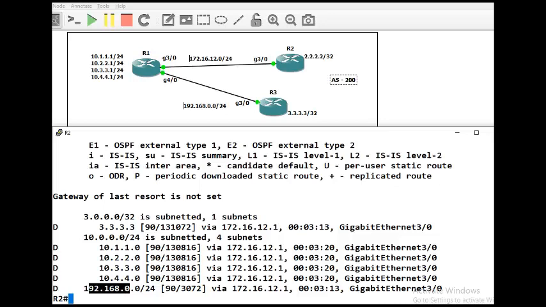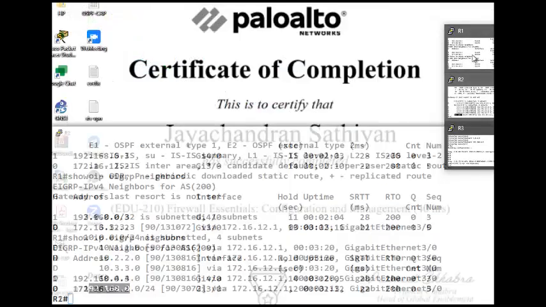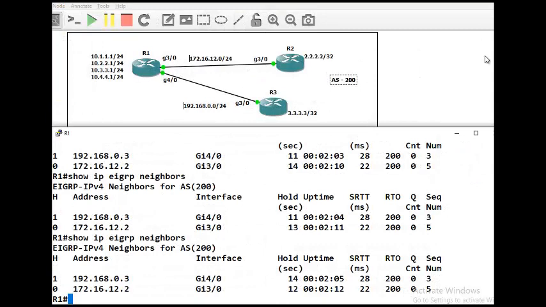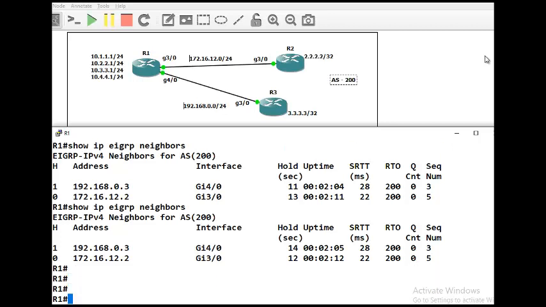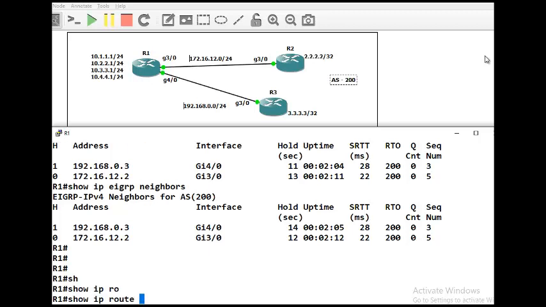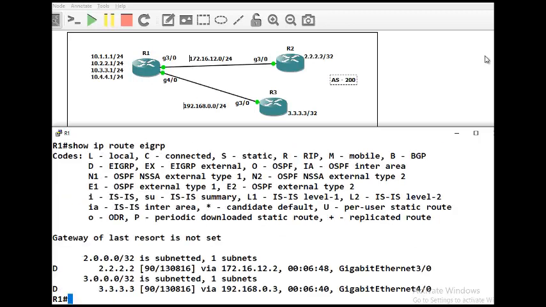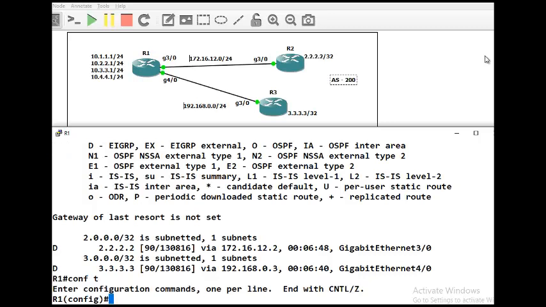Now I'm going to R1 to make R1 auto summarize, or global summarize. Before that, I want to show you one more time the routing table in R1. Show IP route EIGRP. In R1, you see only two routes. But when I enable summarization, you will see more than one. I'll say router